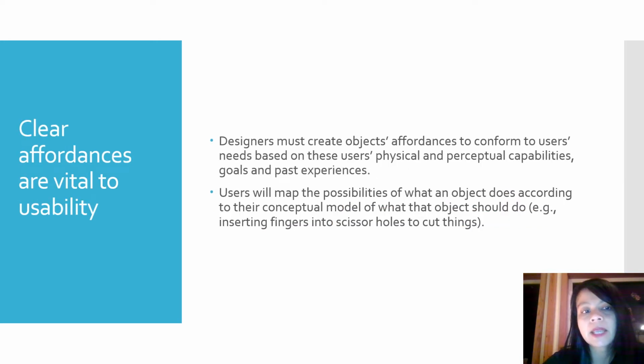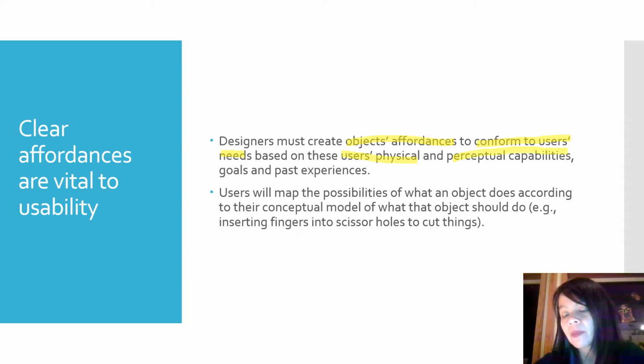So, which means that designers must create objects, affordances, to conform to the user's needs based on the user's physical and perceptual capabilities. Because when it comes to human-computer interface design, you're not thinking so much about physical capabilities only, although it's still there, but you're also thinking about perceptual capabilities. Okay, and not only capabilities, but capabilities, goals, and also past experiences. Okay, so